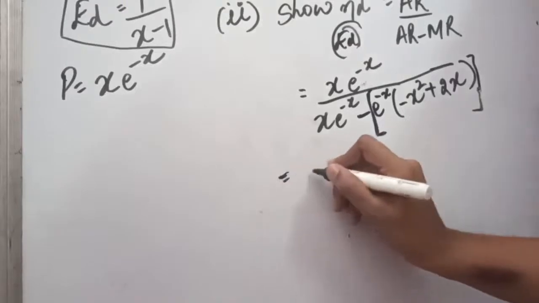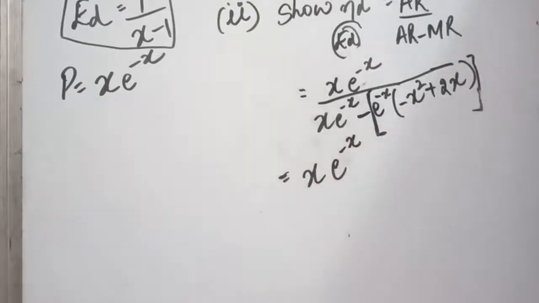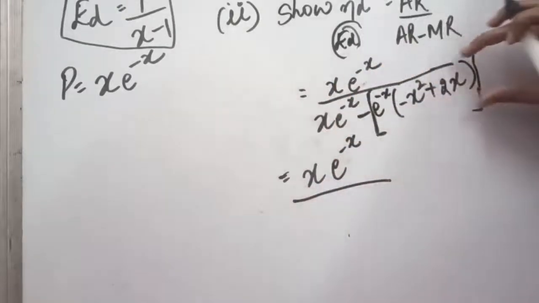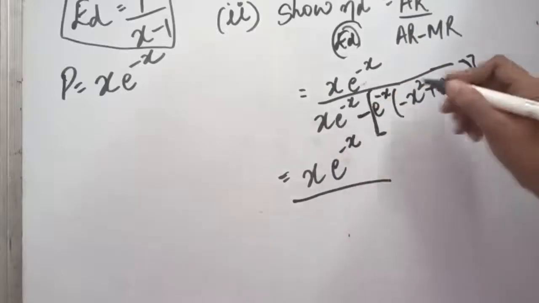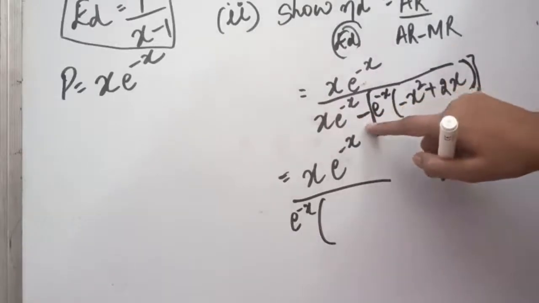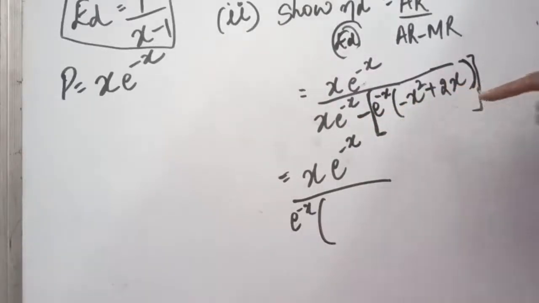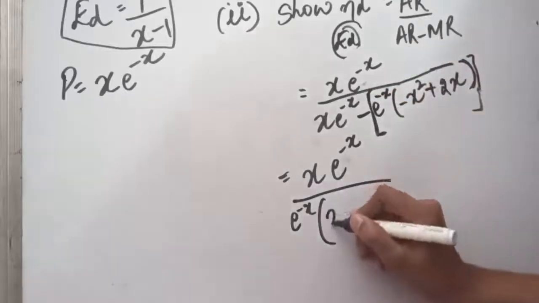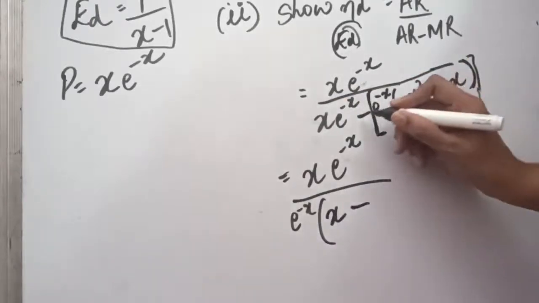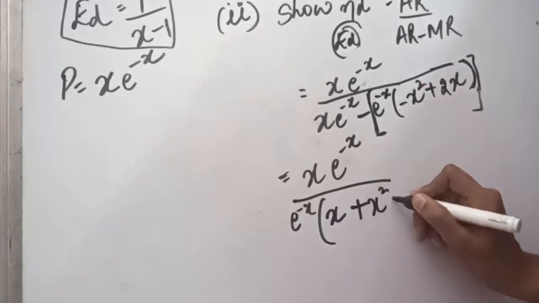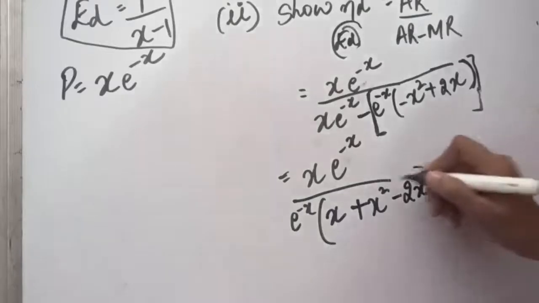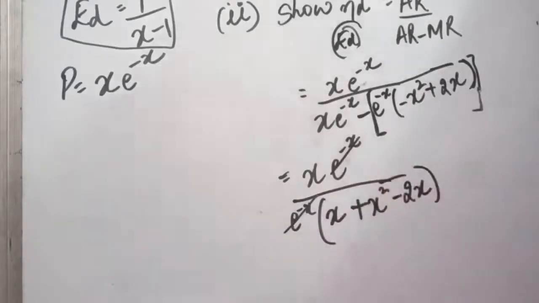Now if you see, the numerator is x e raised to power minus x, and below these are the two terms, first term and this is the entire second term. So from both these you can see that e raised to power minus x is common. Here also in the first term minus, but this is the entire one term. So e raised to power minus x is common. So what will be left? Here x will be left, minus, this has come out. So what will be left? Now this minus will become plus, x square minus 2x. Correct? So now this e raised to power minus x can be deleted.